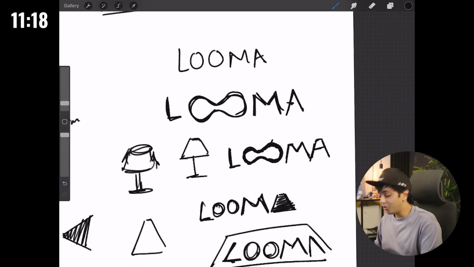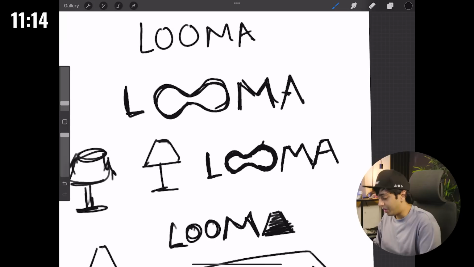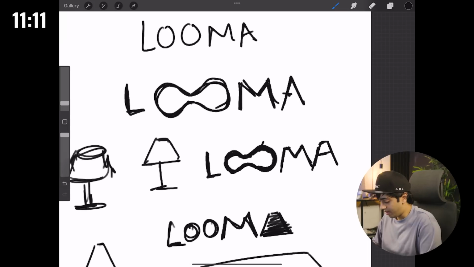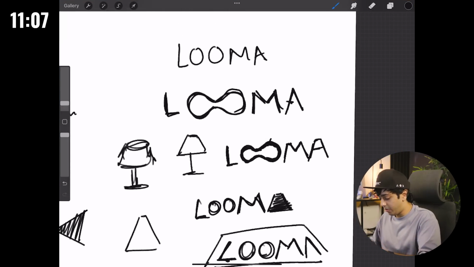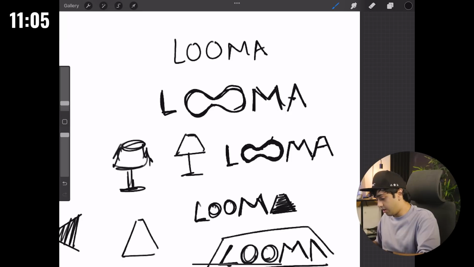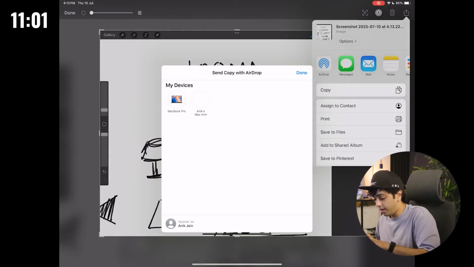I think, should we go with this? I mean, it's not bad, but I can do much better. But again, we don't have much time as well. We literally have 11 minutes. Okay, I think let's fix on this concept. I'll quickly take a screenshot of this, and I'll just AirDrop it to my MacBook so we can directly start